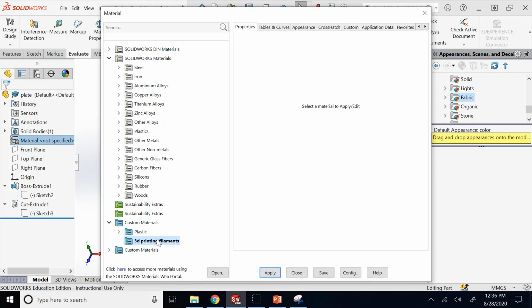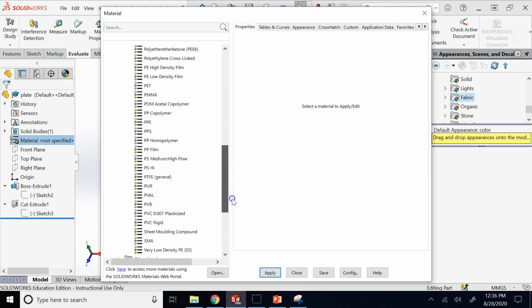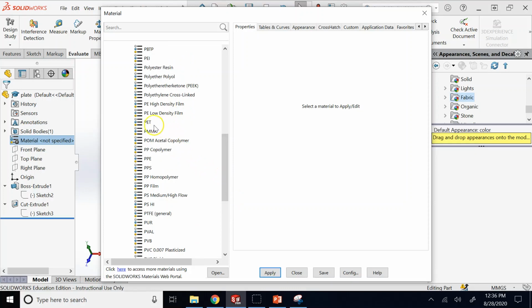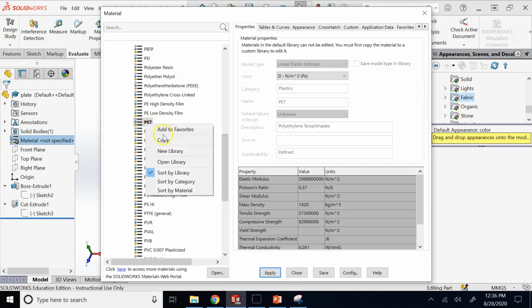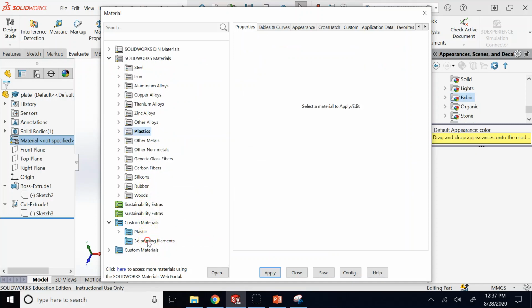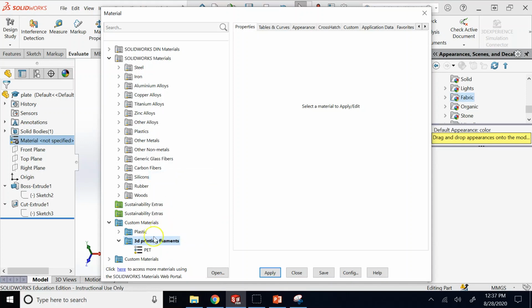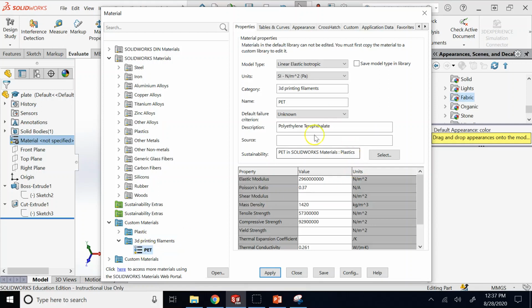This is an empty folder right now, but I can go under plastics here and then copy something that is, at least the type is similar. Let's say PET or ABS, it doesn't matter. I right click and what? Copy it. Then I come here, right click and what? Paste it. So now this plastic is what? Under this folder. But now I can change it. Instead of PET, I call it what? PLA, and then